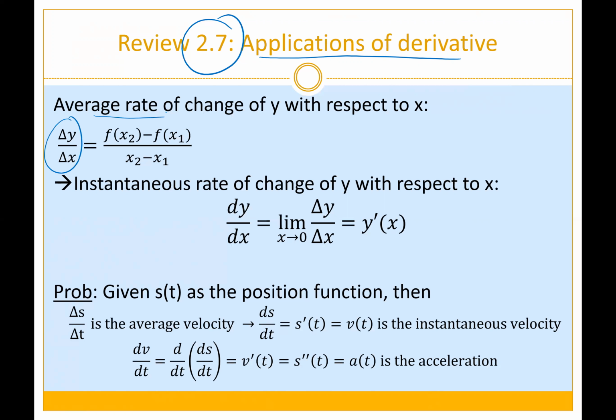But when you take that interval of delta x to be really, really small, that is, delta x going to 0, that becomes the instantaneous rate of change. It's also equal to the derivative of y with respect to x. So some of the problems that you can be given in this question, as I see in your lecture notes,